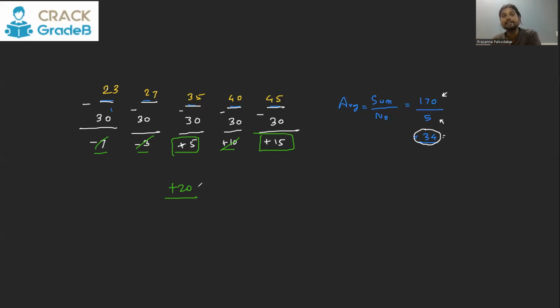Those extra, of course, you can't take home. You have to distribute again to the same 5 students so that everybody gets equal number of chocolates again. So 20 by 5, everybody is going to get 4 chocolates extra. So already you had given away 30 chocolates to each of those. Plus, if you are giving 4 chocolates extra, so everybody is going to have 34 chocolates, which is the average.